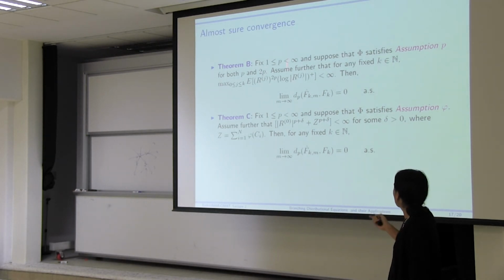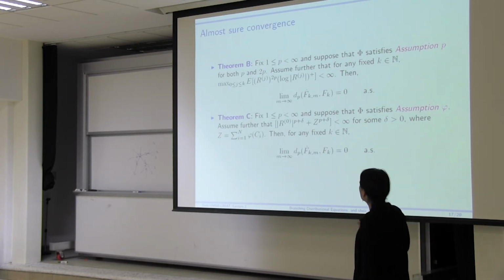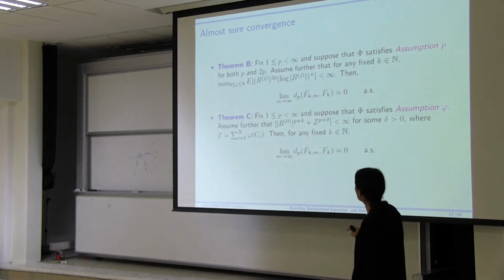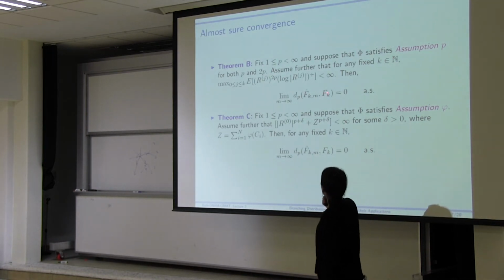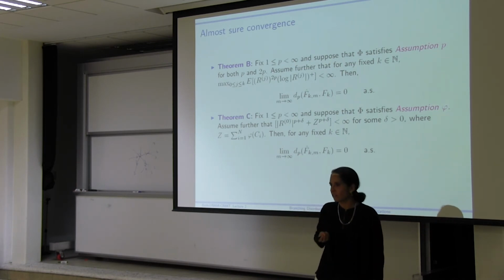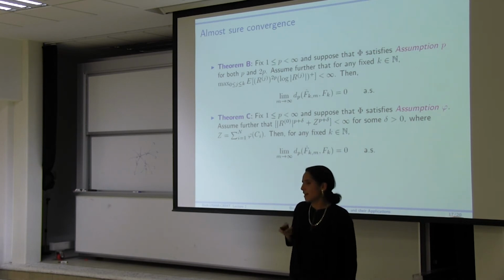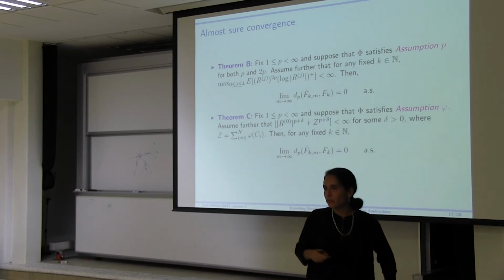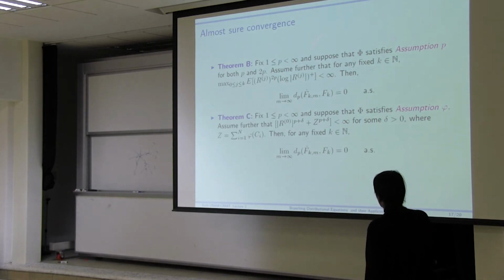And to my surprise, I hadn't found anybody who had even bothered to establish this. This is a little bit trickier to prove. Under the first set of conditions and twice the moments, you have a lot of moments. Some examples satisfy this with no problem, some of them don't. Then you can easily show that you have convergence almost surely using the same standard trick as for the law of large numbers, which is basically Chebyshev inequalities with the fourth moment or the 2p moment. The same way that you would prove the strong law of large numbers, you can argue for this case.